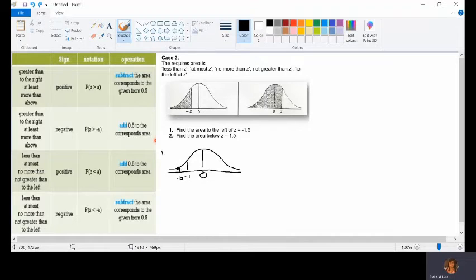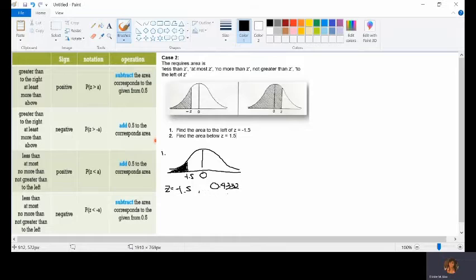So meaning, let's say this is your 1.5. So we're going to find the area of this. Okay. And the area that corresponds to your Z value of negative 1.5